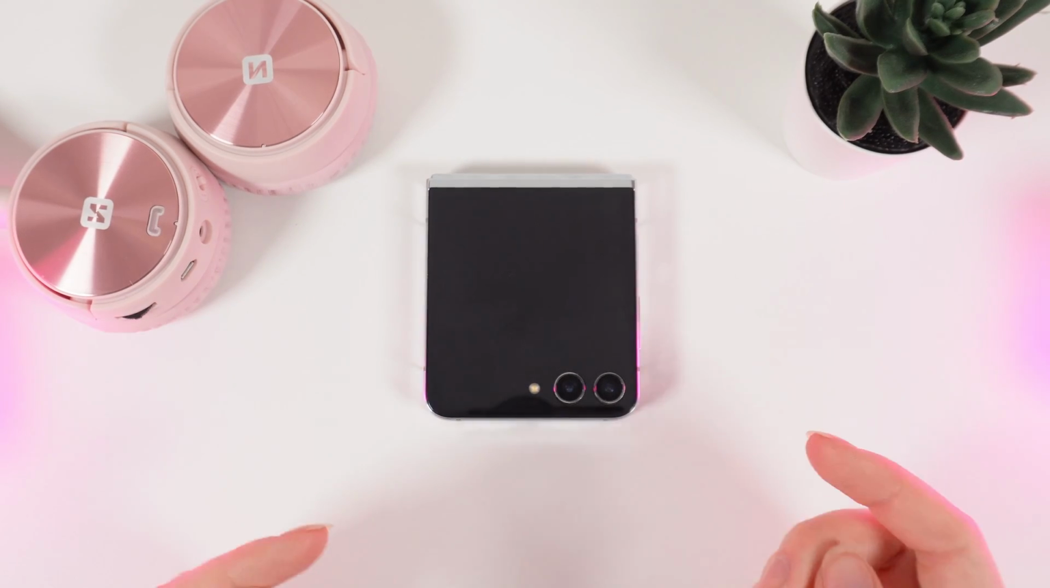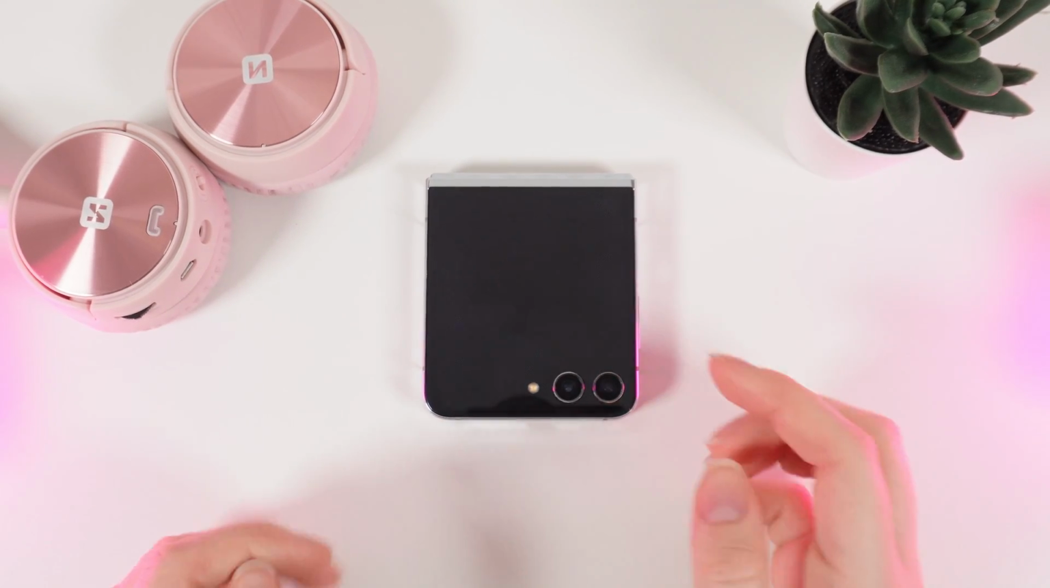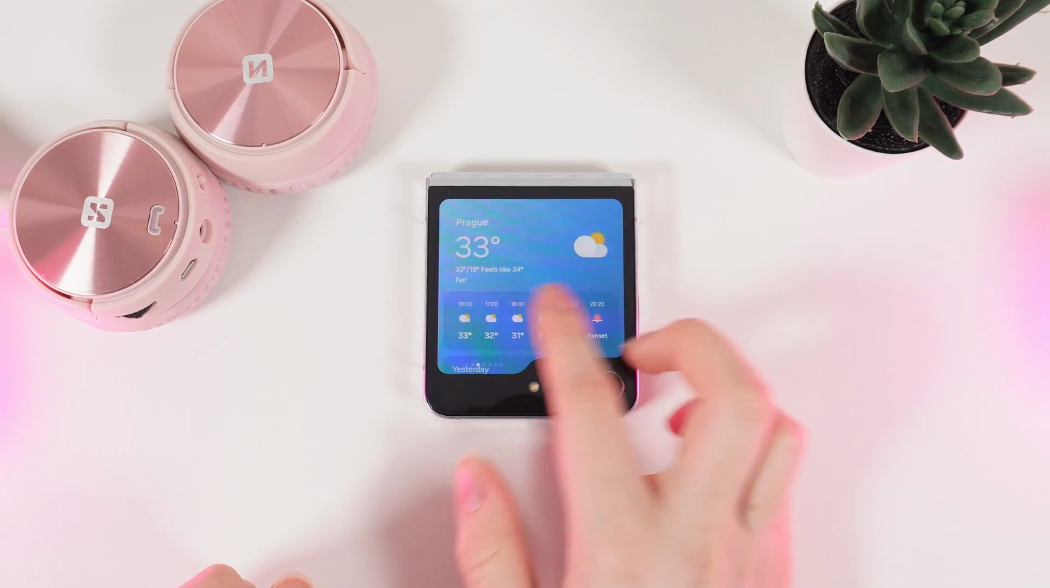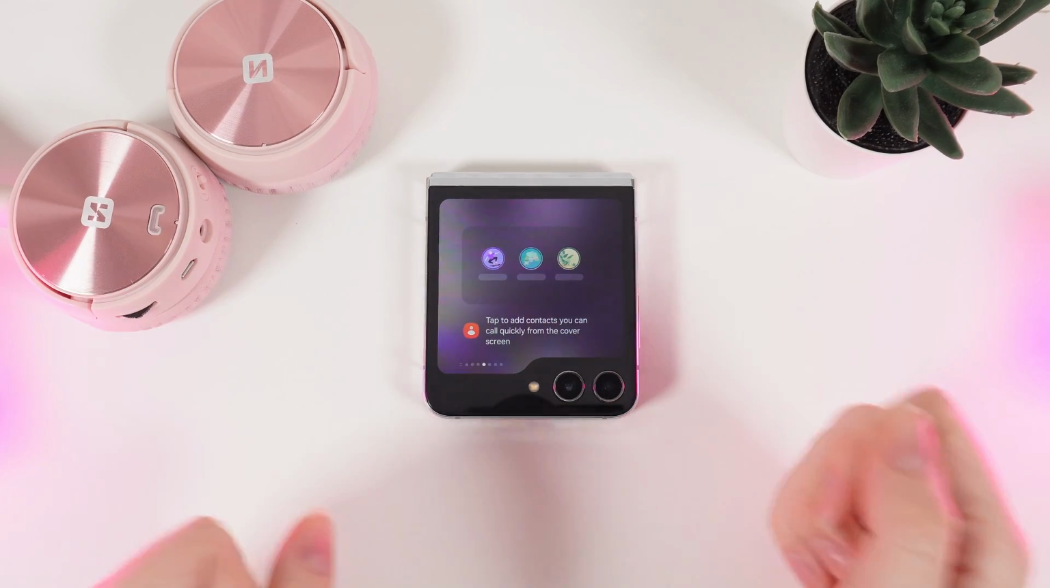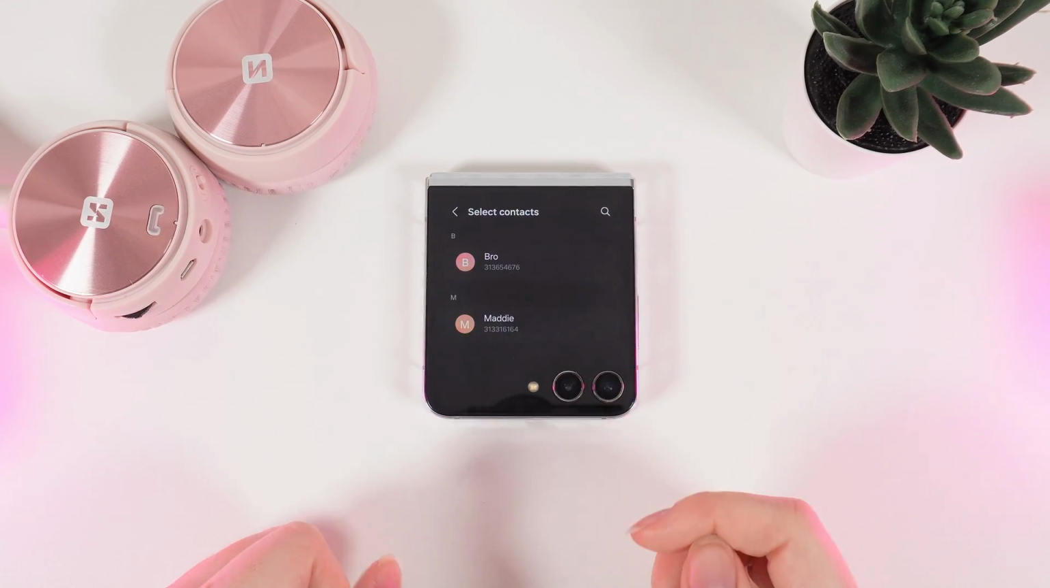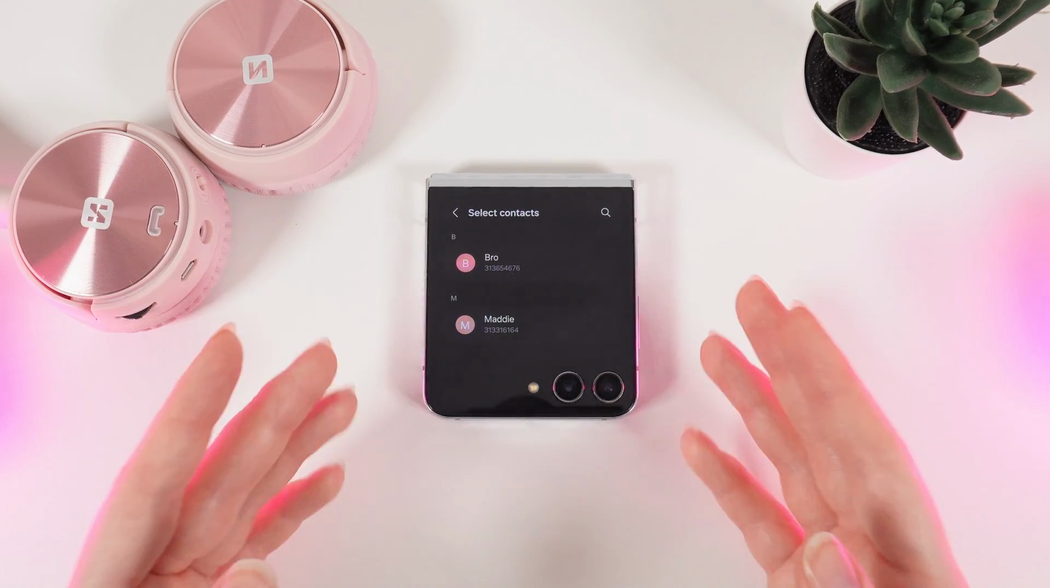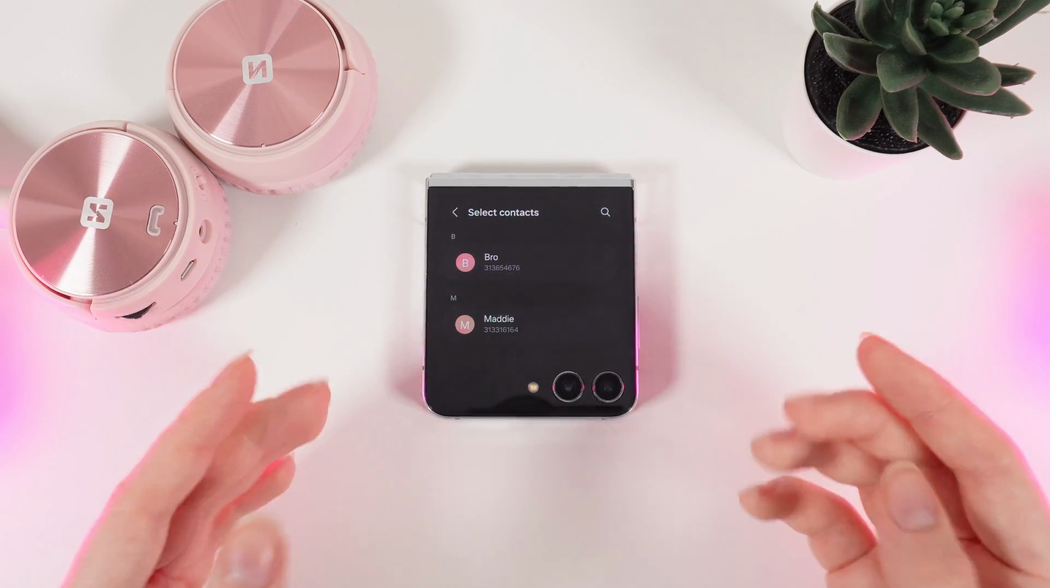Now, let's move on to our cover screen. Double tap to wake it up and then swipe left until you see our newly added widget. Click on it and right here you'd be able to add up to 6 contacts which you can call from